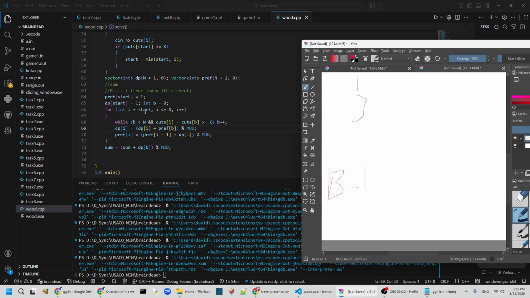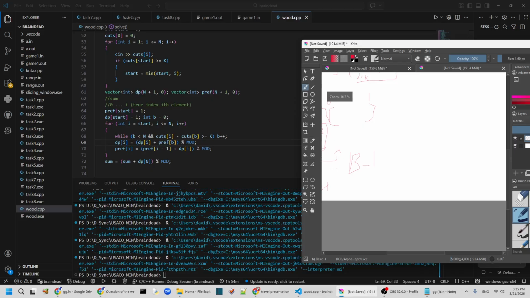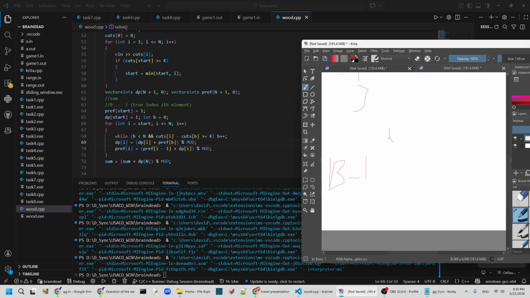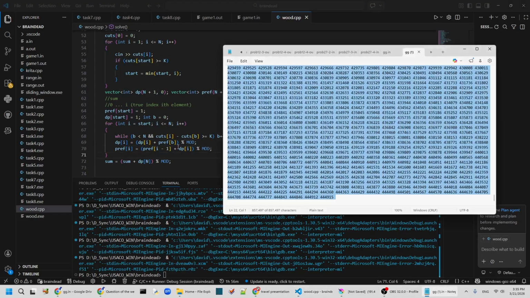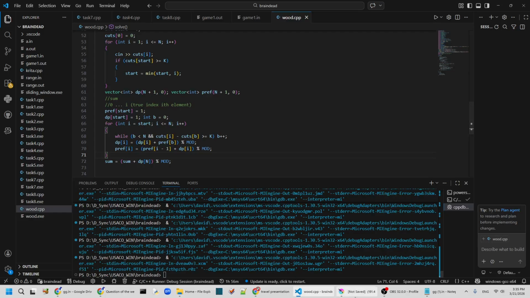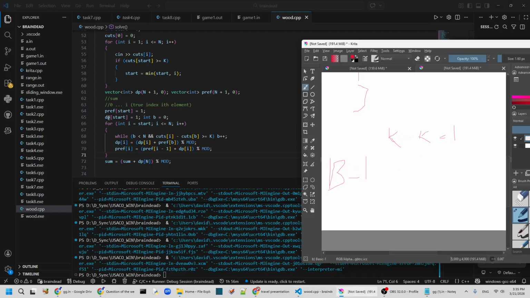The sum from k to k is equal to 1. That makes sense, because k is 1, right? And here what we're doing is dp plus the prefix from,